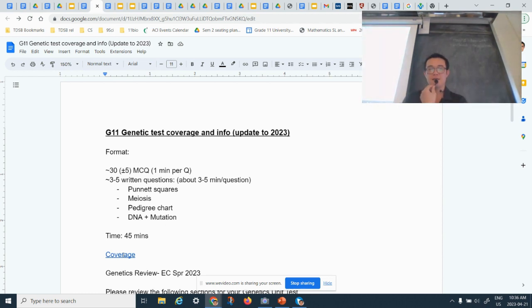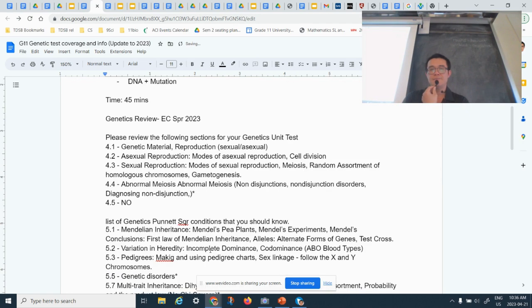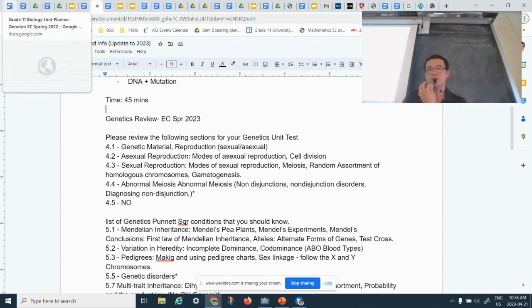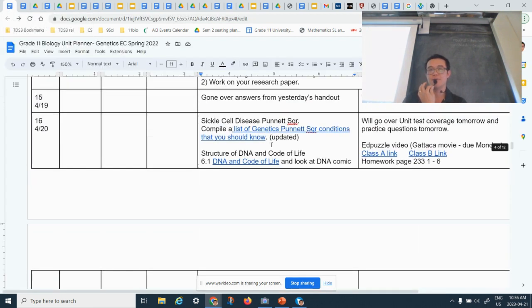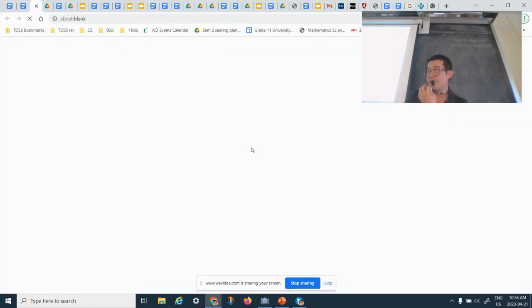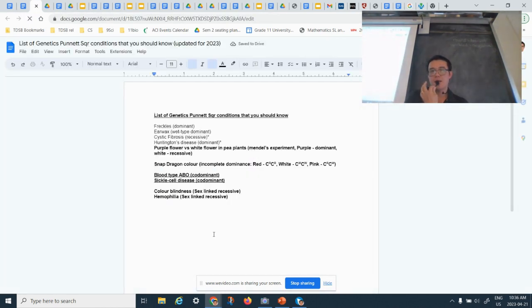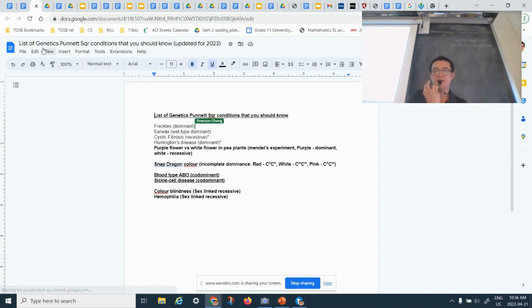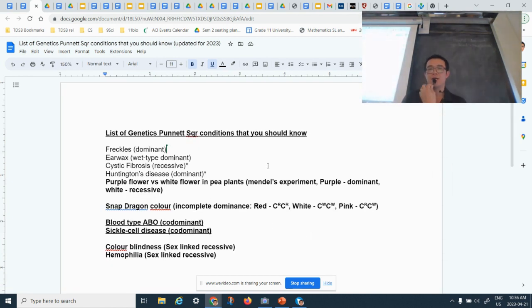Now, in terms of the coverage, this is a little bit old. This is the updated one. Now, the different Punnett square conditions that you should know, I believe there is a document here already. We generated that yesterday. So please refer to it. Based on how much I got done with the other class today, I haven't really had a chance to do these four. However, you should know that